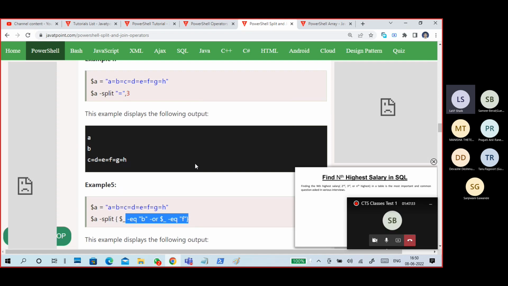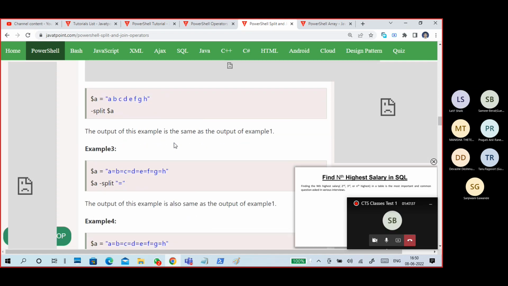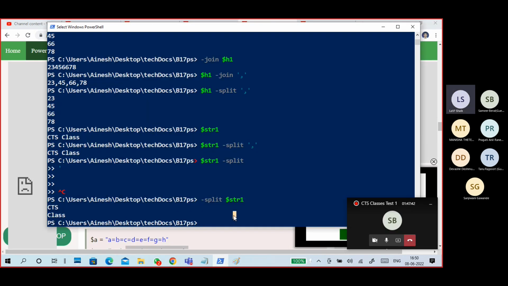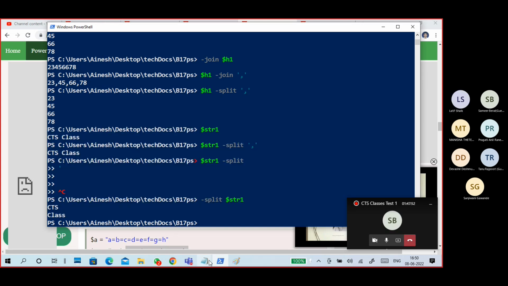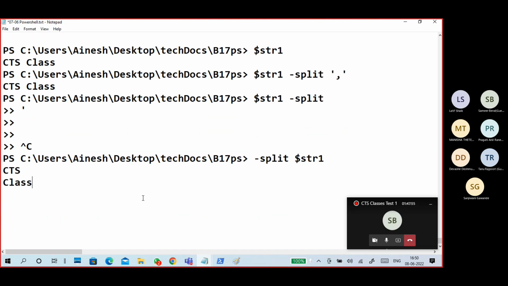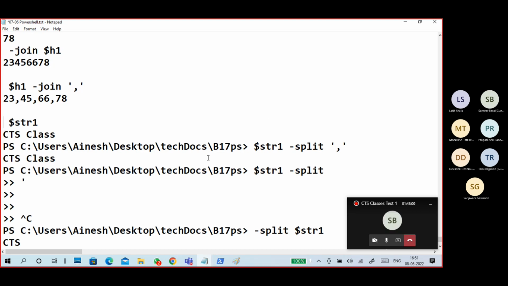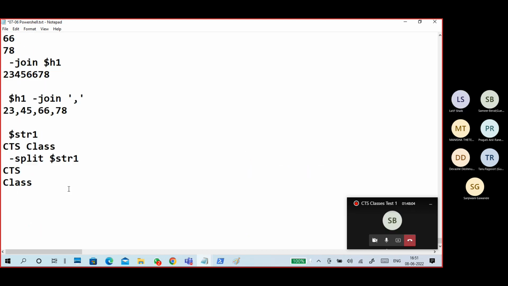This is something written, but that is originally a split here. Okay, so this is